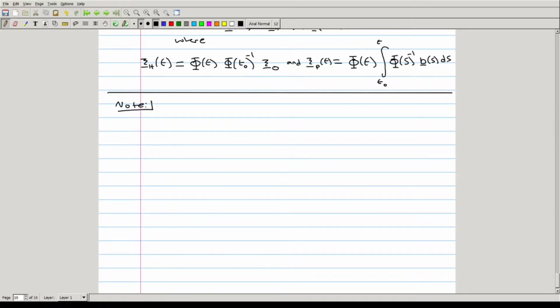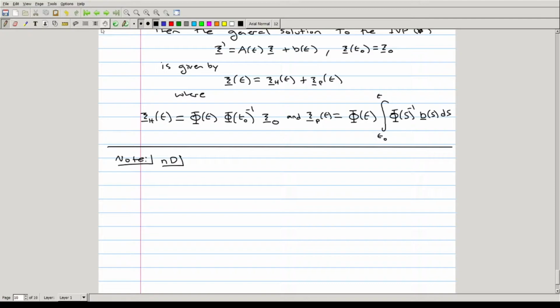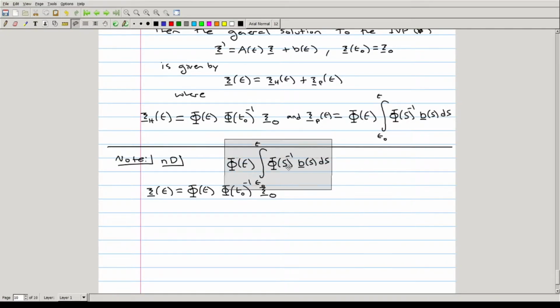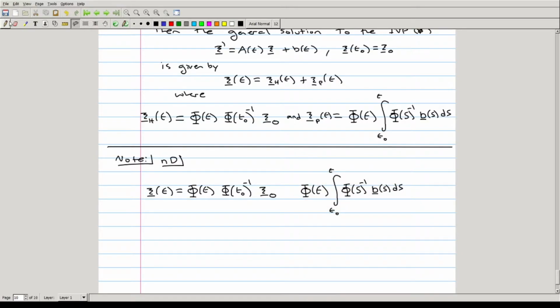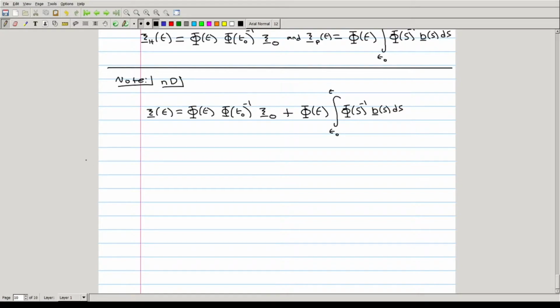So note that this formula in nD is saying that the general solution psi of t is equal to this, the general homogeneous solution, plus this psi p of t, which is a general particular solution. So that's a particular solution to the differential equation. We'll recall that in 1D,